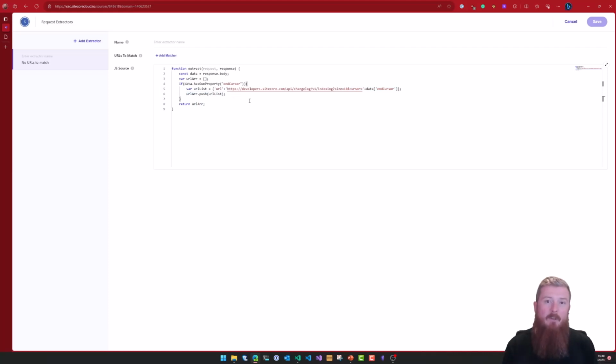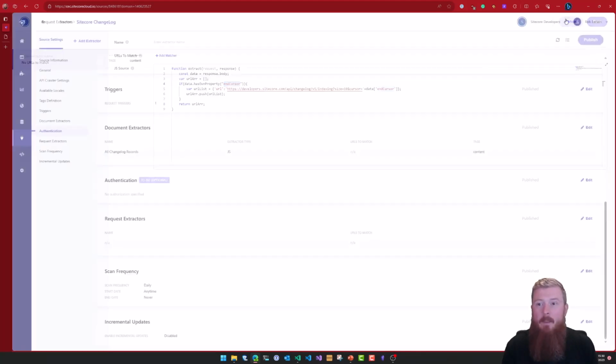That'll add a new URL into the list of URLs from the trigger, which will then cause the document extractor to process the 10 entries that are returned by this URL. But that new URL will also be passed back into this request extractor, meaning we can then go use that to go and get page 3, then page 4, then page 5, and so on until the end cursor is not present, which means we've reached the end. So you can see this is how you can start to implement recursion into your different